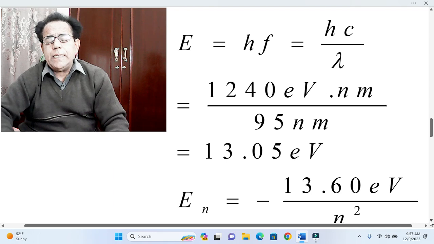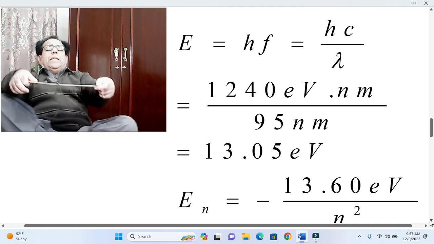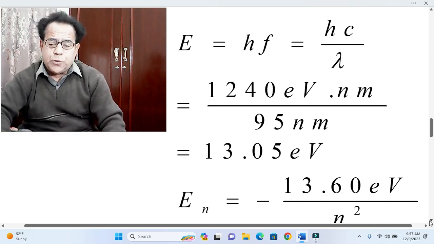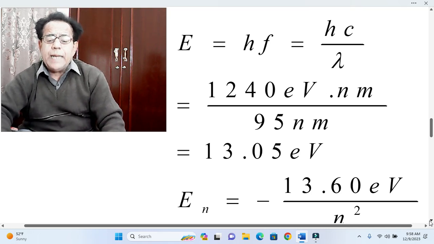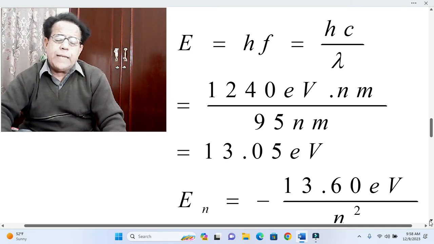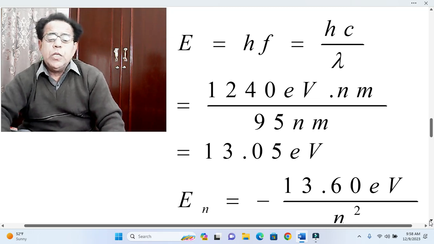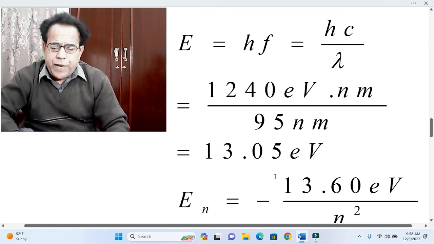In the second or third snapshot in which a table of physical constants was shown, it was emphasized that in that table not only the value of speed of light c is given, but also the value of Planck's constant h is given, and also the combined value of hc, that is after multiplying Planck's constant h with speed of light c, is also given. Okay, so dear students, from that table we will take the combined value of hc as